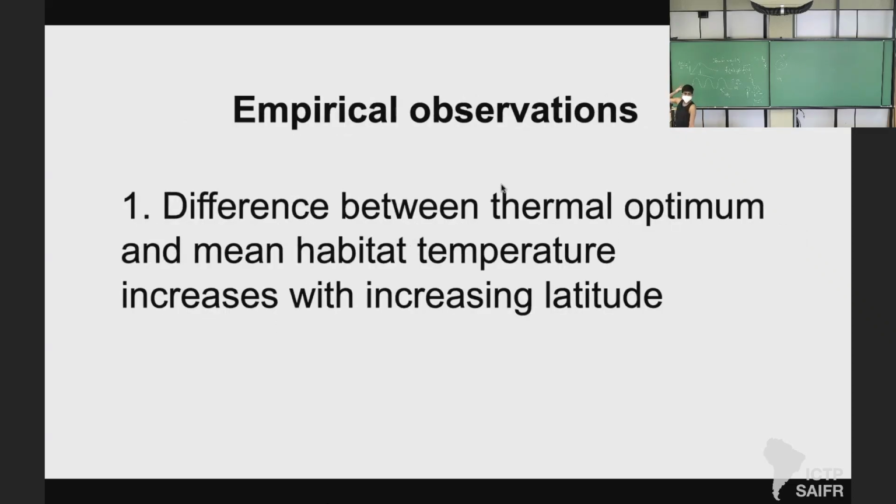Now, to do this, we go look at the empirical observations. One thing that's always commonly observed is that the difference between the thermal optimum for a given species, the physiologically optimal temperature, and the mean habitat temperature increases with increasing latitude. So